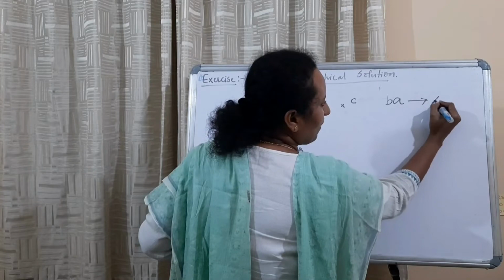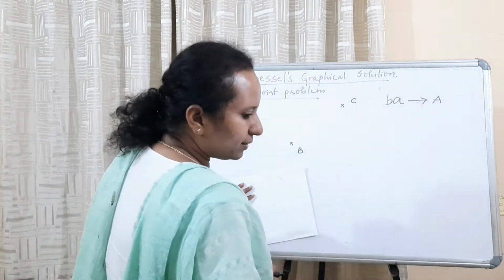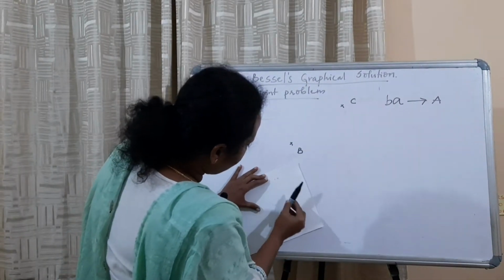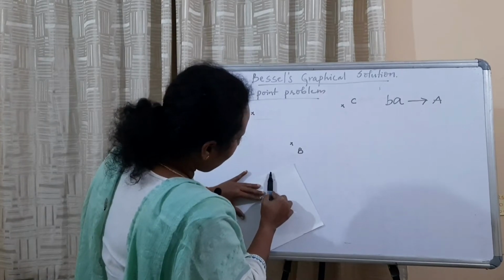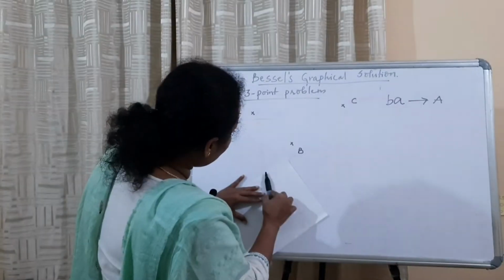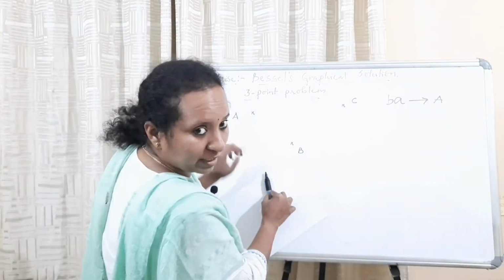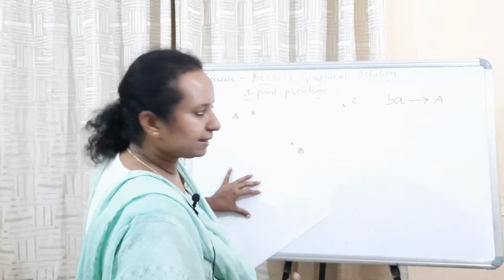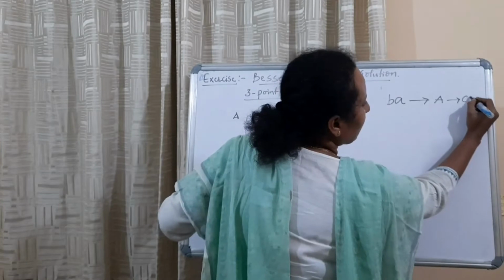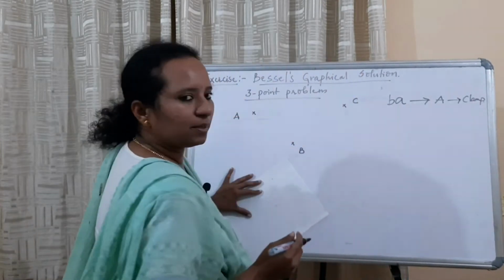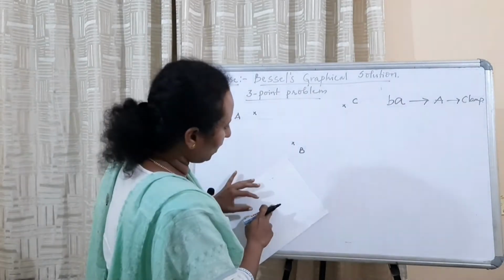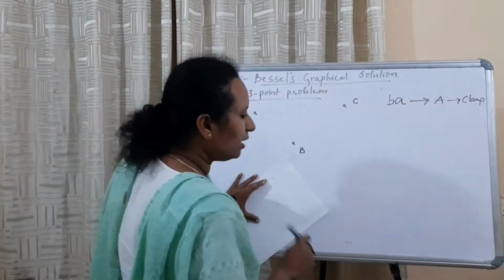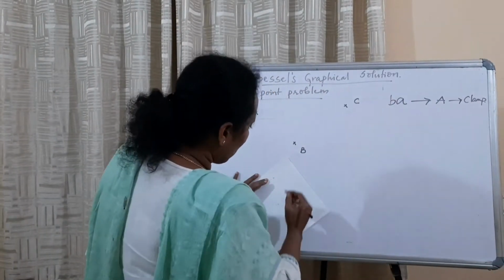After doing all the necessary adjustments, unclamp the drawing board and set your alidade on ba, small b, small a, and cite capital A. That is to say, if point B is over here, point A is over here, keep your alidade on BA and rotate the drawing board until you cite point A on the field. The moment you cite point A, clamp the drawing board. Then keep the alidade oriented on point B and cite capital B. The moment you cite capital B, draw a line XY along the line.